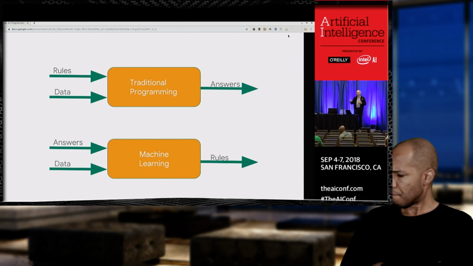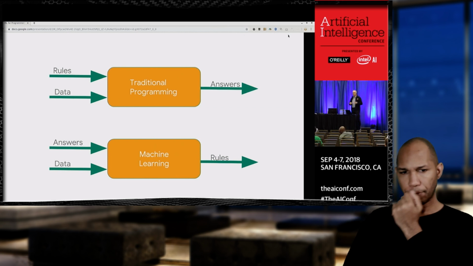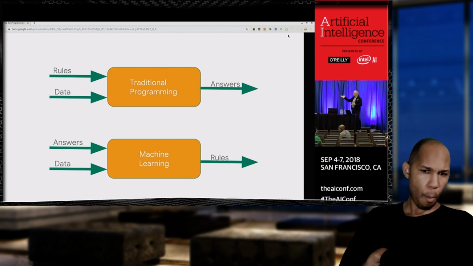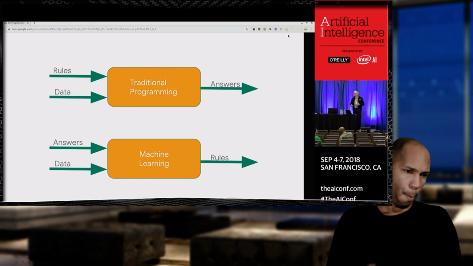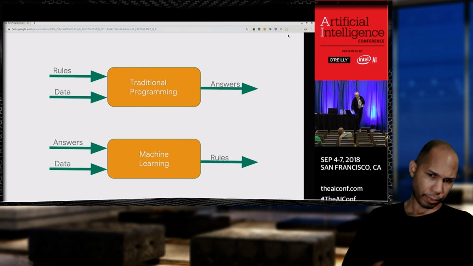I didn't write a single line of code there today that says this is a t-shirt, or this is a jacket, or this is a handbag. This has sleeves, if it has sleeves then it's a t-shirt. If it has heels, then it's a shoe. I didn't have to write any of that kind of code. I just trained something on the data using the bottom part of the diagram, feeding in answers, feeding in data, building a model that will then infer the rules about it.